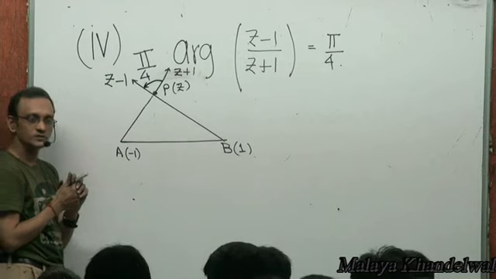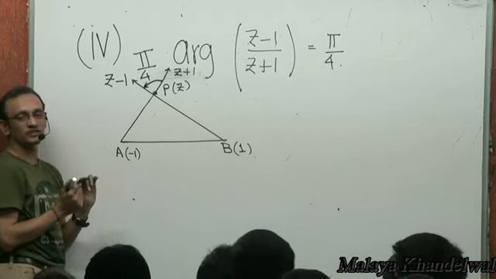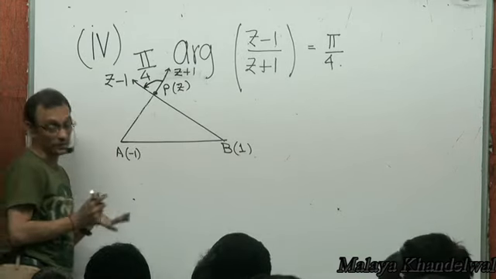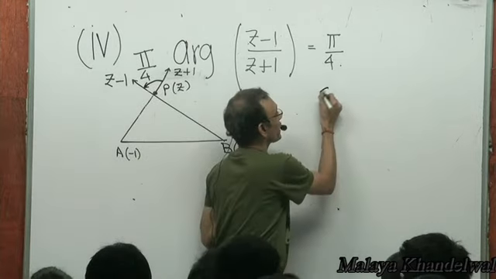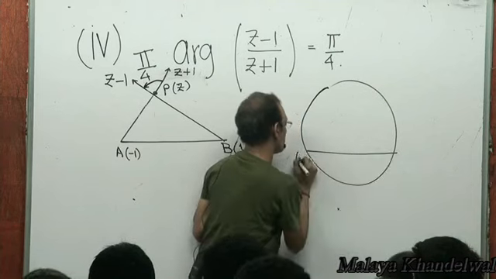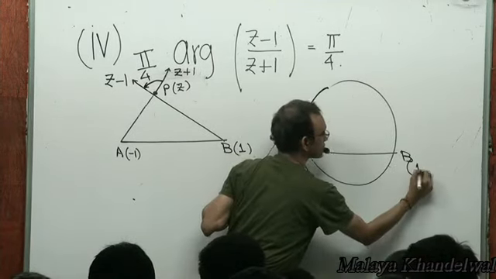Right? Yes or no? Such is P. A and B are two fixed points and P moves such that it maintains this angle as pi by 4. Which means, do you realize that there is a circle with a chord AB, A is minus 1 and B is plus 1,